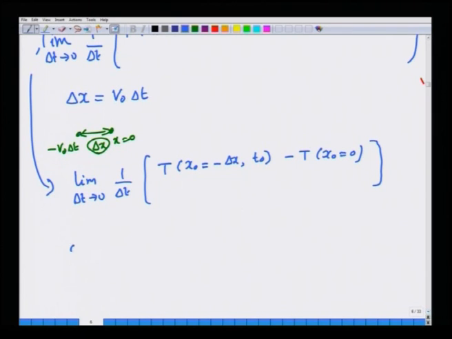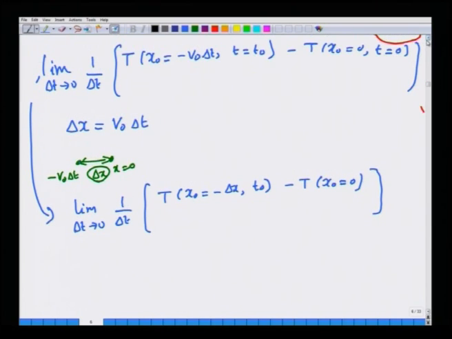Now, if you look at what is the partial derivative of T with respect to t at x equal to 0, you can write this as T at x is 0. But before I do that, we can also change the labels now. When x naught is 0, x is also 0. This is nothing but,